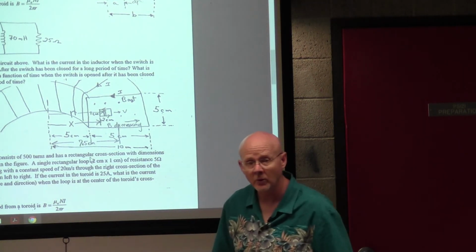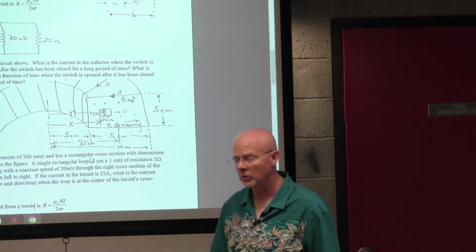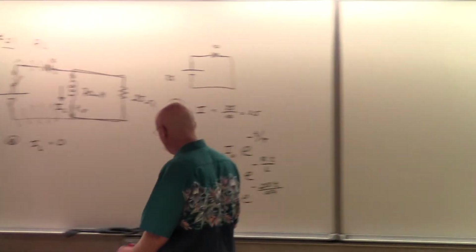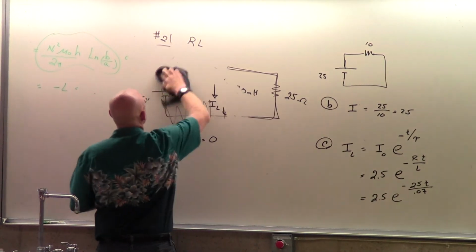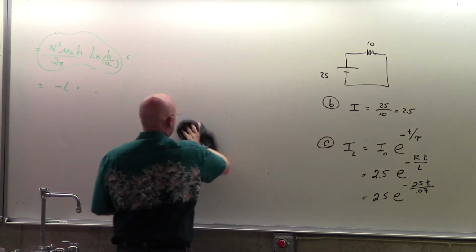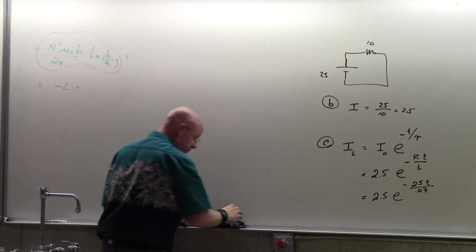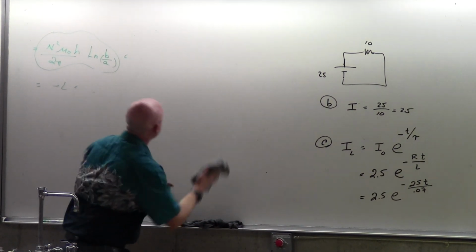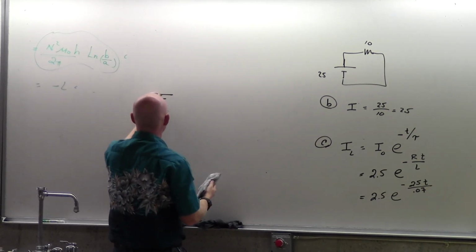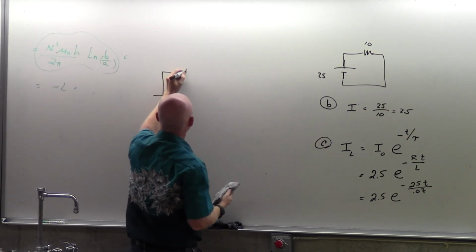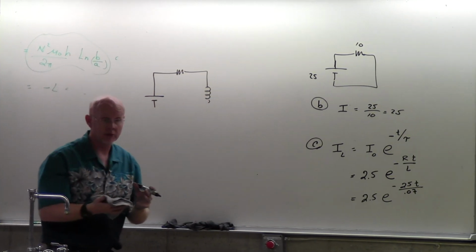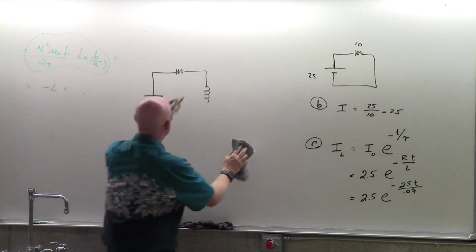So could you explain again why the circuit reduces down to the one in part B after a long period of time? Okay, so let me start again with my picture here. After a long period of time, the inductor acts like a wire. Now let me pause right there. Are you good with that phrase? Okay, so after a long period of time,